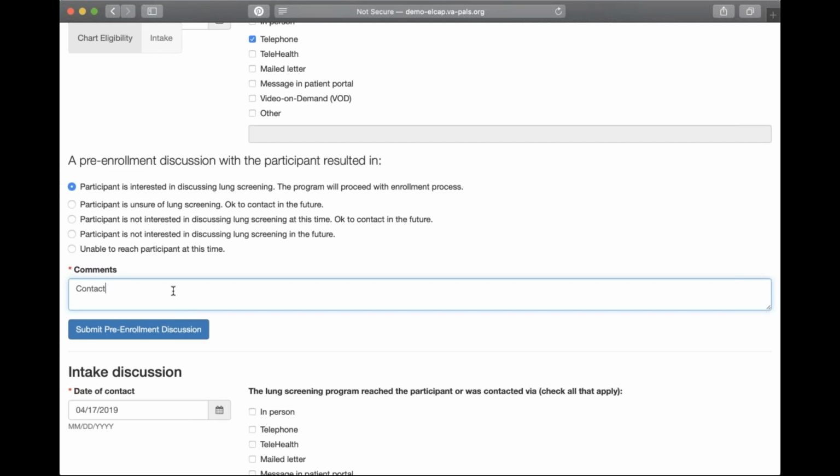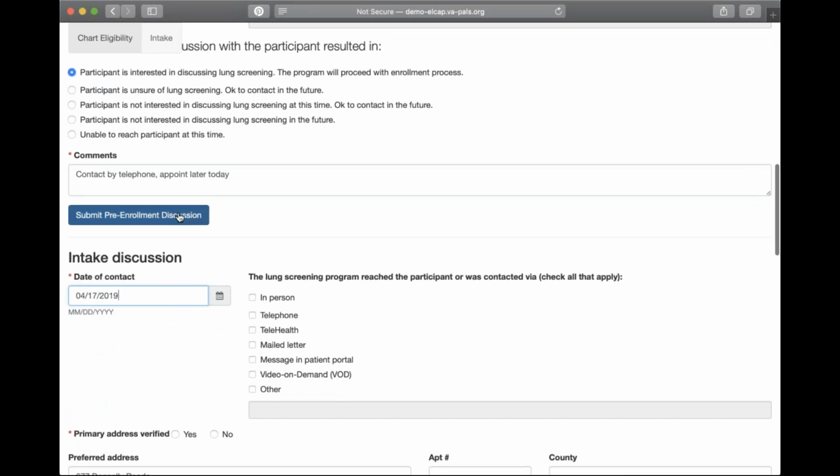I don't know specifically what they're going to be putting in contact comments, but I believe that's in the user manual. Maybe it would be appointment, date, say. Okay. And then, for our facility, I'm going to say that the submit buttons for chart eligibility and pre-enrollment